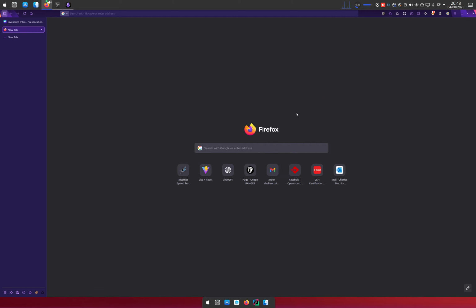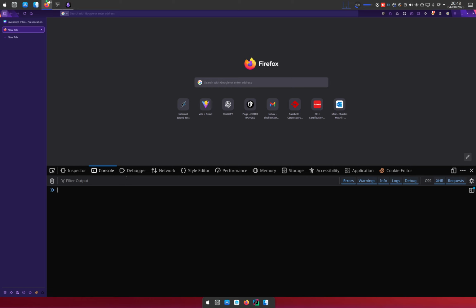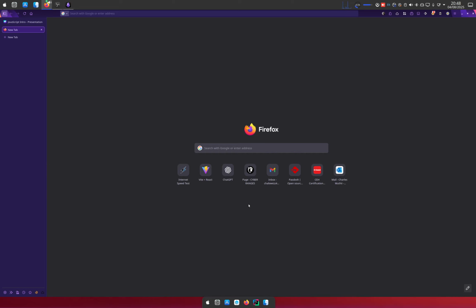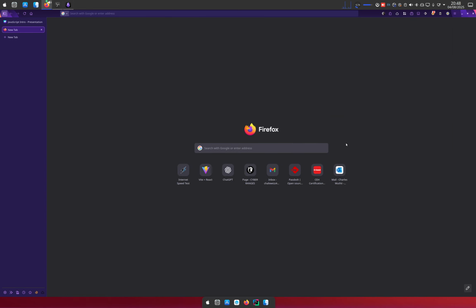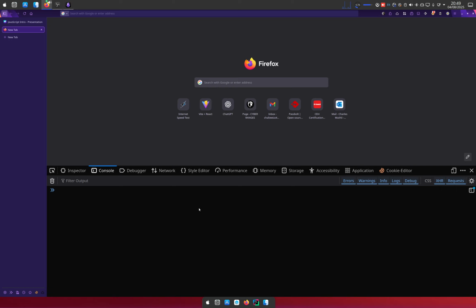Another way is by using shortcuts. Depending on how your keyboard layout is, if you just press F12, it pops up the console. This at times comes with muscle memory. If I want to open the console using the browser, I have to right click, open inspect, and then move. But when I want to do it faster, I can just click on F12 and then it just pops up. So that is also an option.